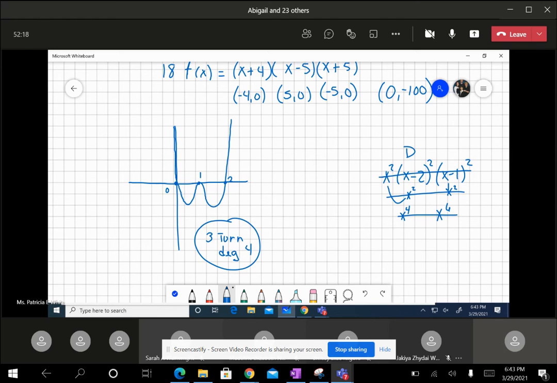Now, I am crossing at 0. I am touching and turning back around at 1. And I am crossing at 2. So that gives me